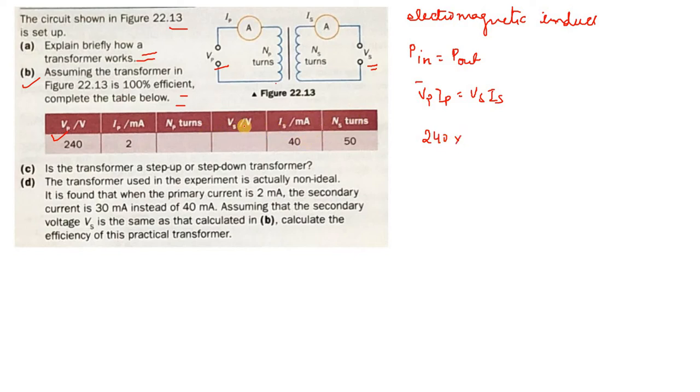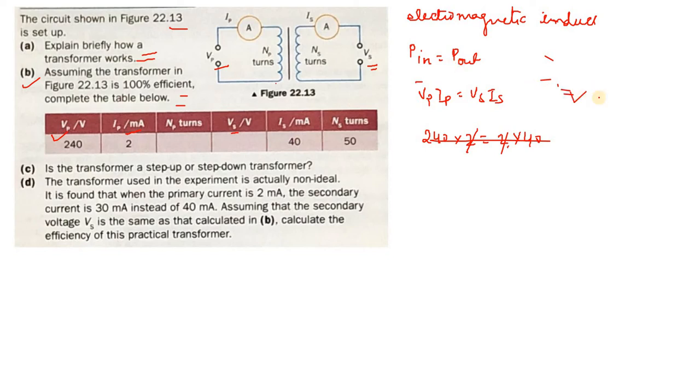What is Ip you have? Okay, this is Ip, right? It's 2, equal to Vs, which you don't know. They have given you 40. So based on that, oh no, I have written here 2. This should be just Vs, right? So if I want to know what the Vs is, yes, so Vs will be